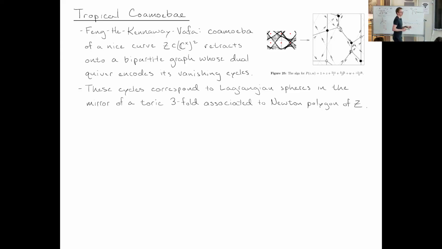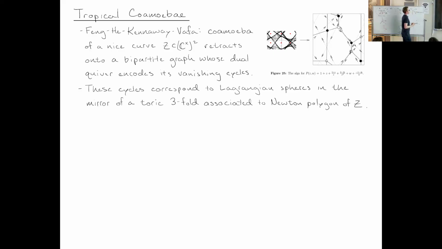And it looks like a bunch of polygonal regions that are taped together at their corners like that. And that picture is dual to some bipartite graph. Their observation was that if you take that bipartite graph and look at the dual quiver, the Poincare dual graph, if your original graph is bipartite, the dual graph gets an orientation by saying that in the dual quiver, an edge is oriented so that it passes a white vertex on its right. So you get a quiver out of this graph picture,